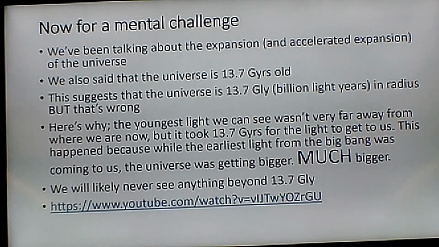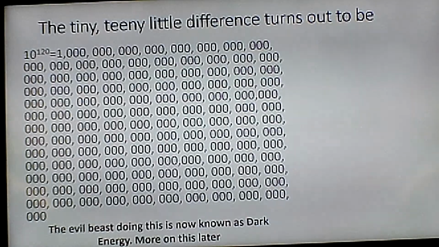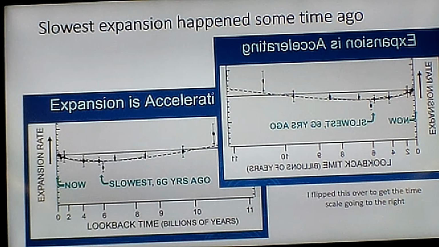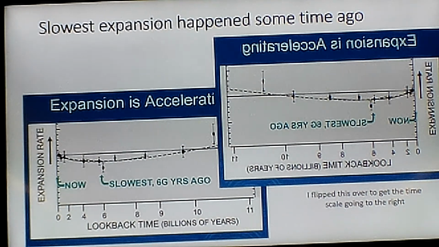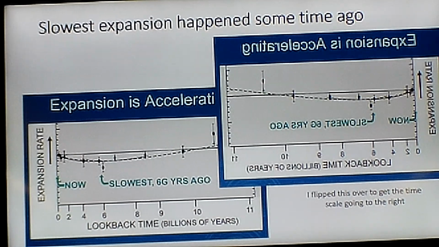Yeah, so what this gets to, and there's a link here, is, remember I showed you that the universe was expanding faster in the past than it is now. We went through that dip right here. Objects that were undergoing this expansion rate are now not visible to us. They've flown over the horizon. So now I have to tell you that the real, now this is the last thing I'll say today. The universe is about 13.7 billion years old. The most distant objects we can see are 13.7 billion light years away from us because they've been traveling that whole time. But there's a whole other group of objects